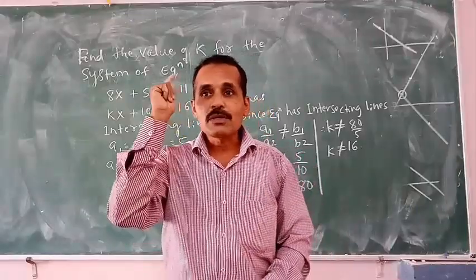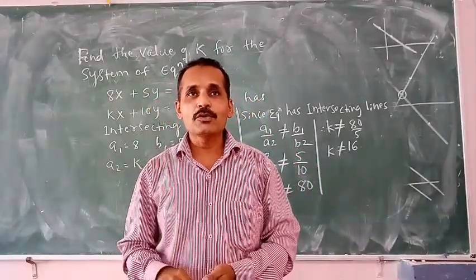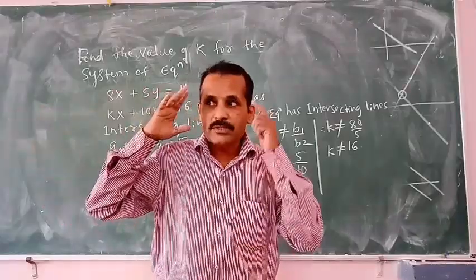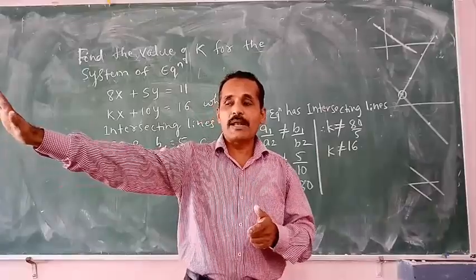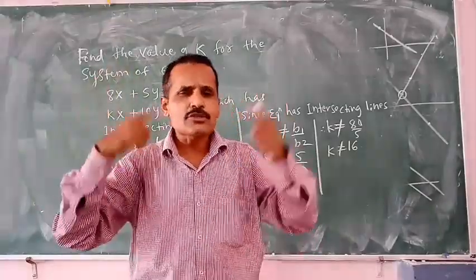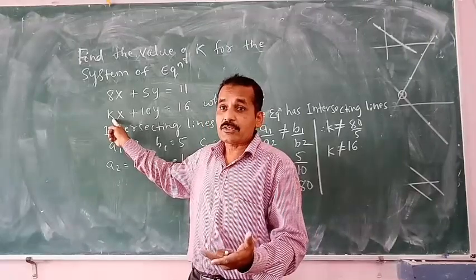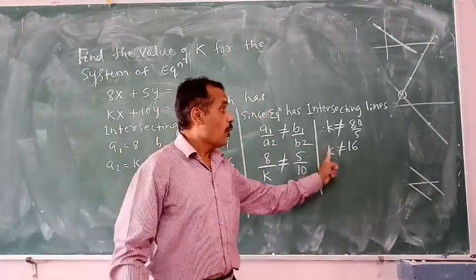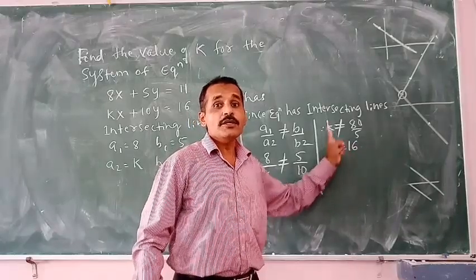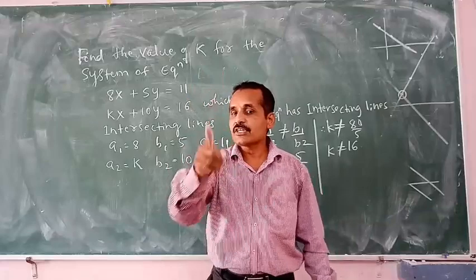Then a question will come in the mind. Usually at home, no matter what, you will do this. Don't do this. Then you will say, what happens if you do like this? This is not a good practice. What happens if you do like that? Naturally that thing will come in the mind. What happens if it is 16? If you put 16, I am saying that don't give 16. You can give any value but not 16.